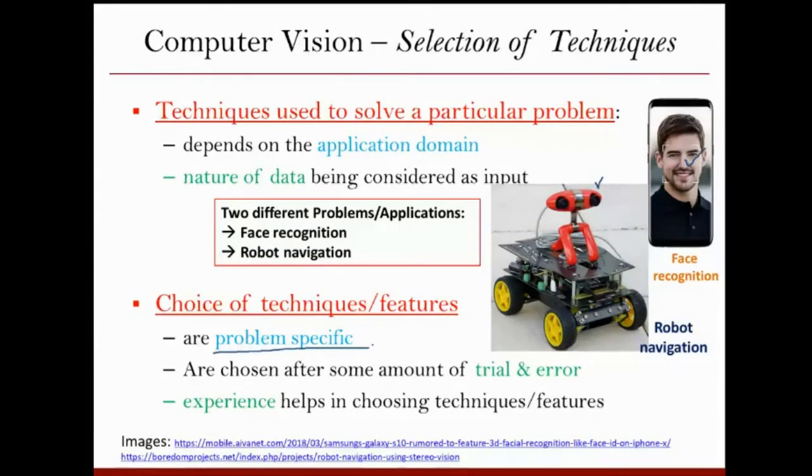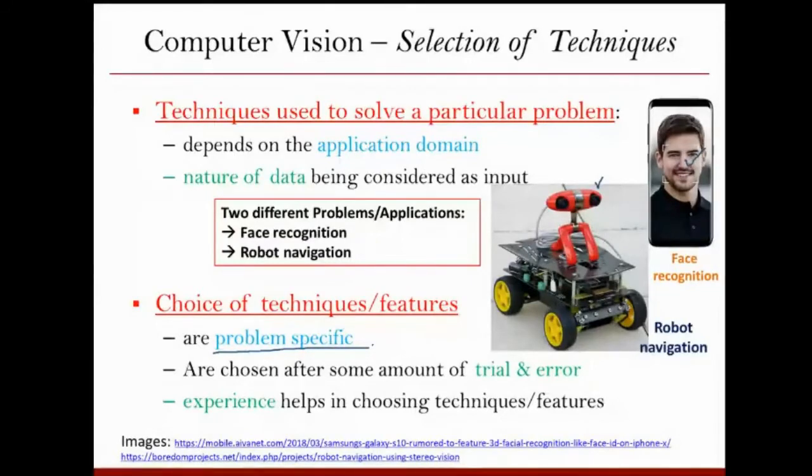And sometimes you'll find that for a particular problem also there are multiple techniques. For example, in face recognition, you may have several face recognition techniques. Now, which one to use? There is no fixed rule. Based on your input, your ambience where you are capturing your input and things like that, you have to choose a suitable technique. So whenever you apply any computer vision technique, there is going to be a trial and error phase.